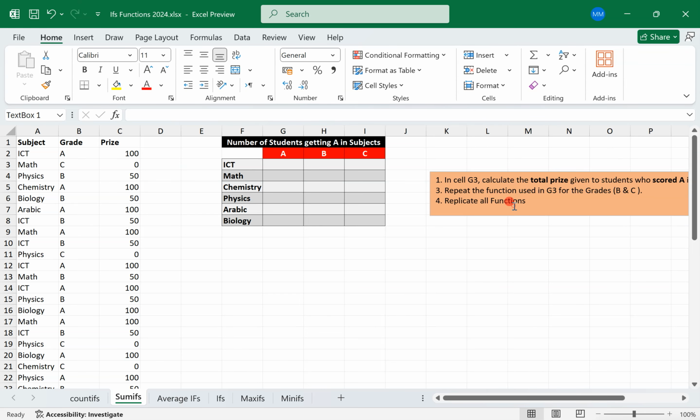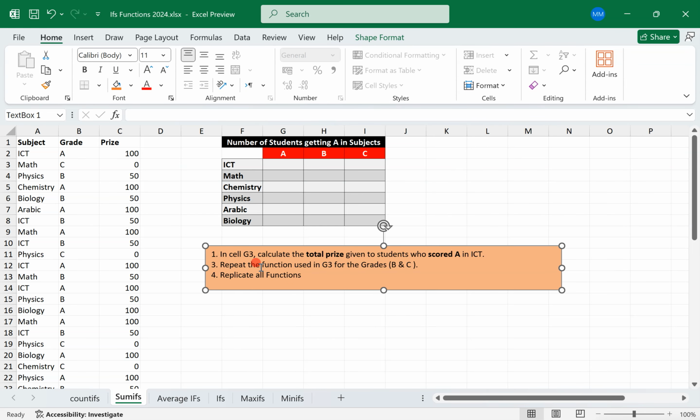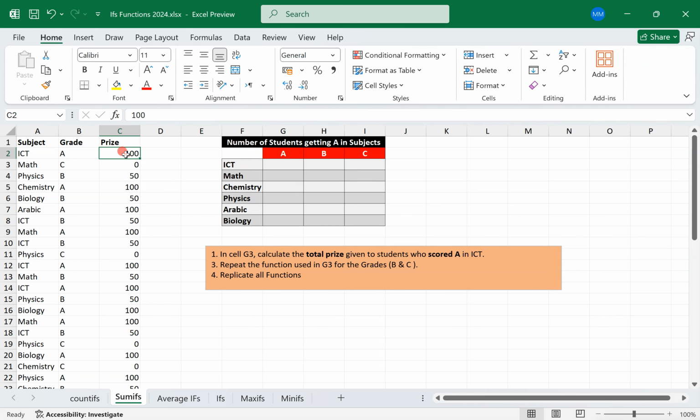If, for example, the question says, in G3, calculate the total price, however, for only the students who got A in ICT. That means I need here to be written ICT and here A, and then I will add this number. If it's ICT and B, I will not add this number. Very good. So I have two criteria and two conditions. So let's say equal